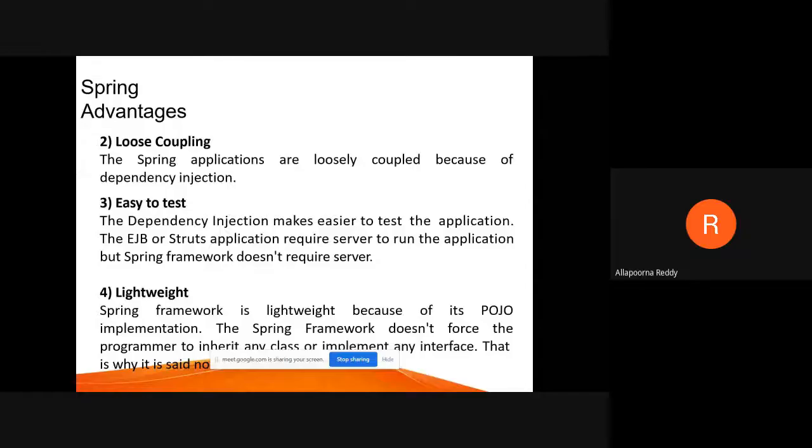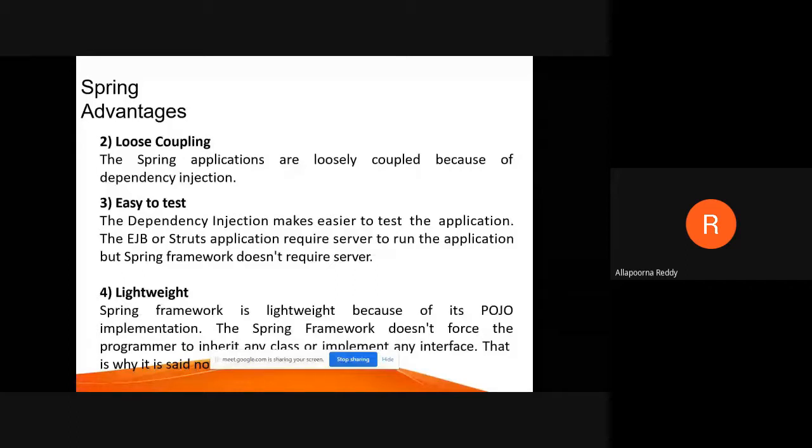that we are going to see in the coming sessions, that is what you call DI. Because of dependency injection, you get the loosely coupled concept as discussed. Next, coming to 3, easy to test. Why? Because as I told already, we had two important things, IOC and DI, which we call inversion of control and dependency injection, which make our code easier, minimizing the